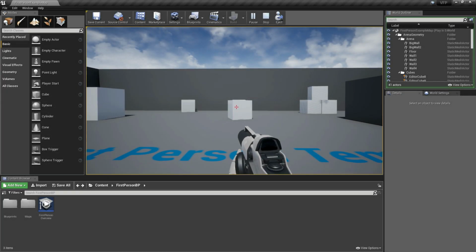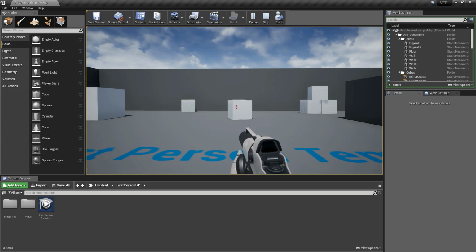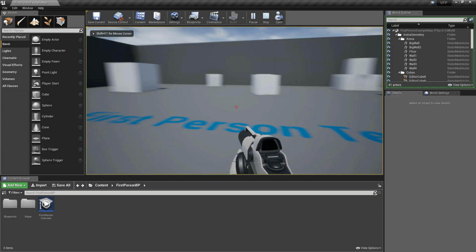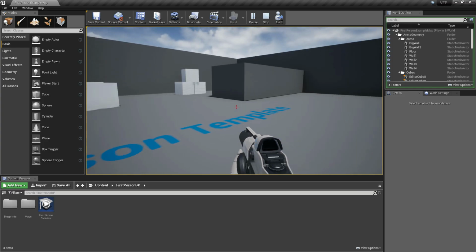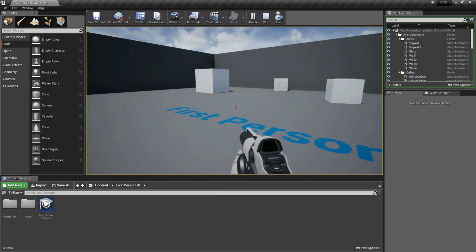Good day to everyone. Today I'm going to show you how to create the basic crouch and sprint in Unreal Engine first person. As you can see, I'm using the first person template provided by Unreal Engine 4.